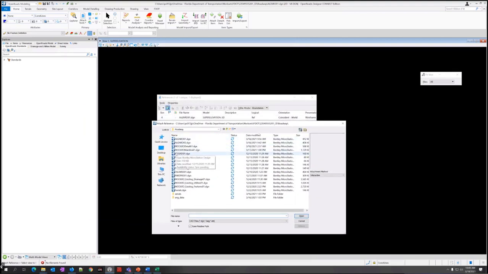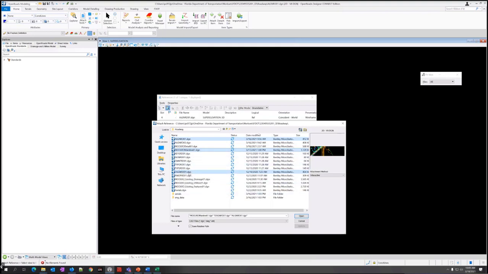And we need the alignment file. Oh, this is going to be attaching the alignment from the default model of the same file. So the ALGN RDO1, we're going to need the DSGN RDO1. So hold down Control, click that one. We're going to need the ALGN RDO1. Okay, I already got that one. The MODL RD mainline 61. So this one is what's going to allow us to attach the corridor, reference that in, and it'll build automatically. So that's the main thing: alignment file, model file, and design file.